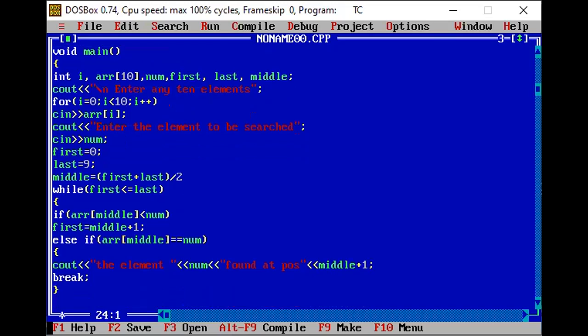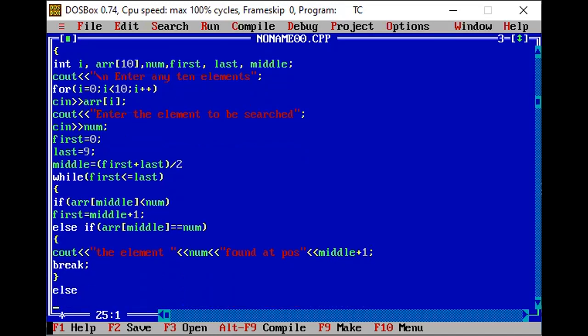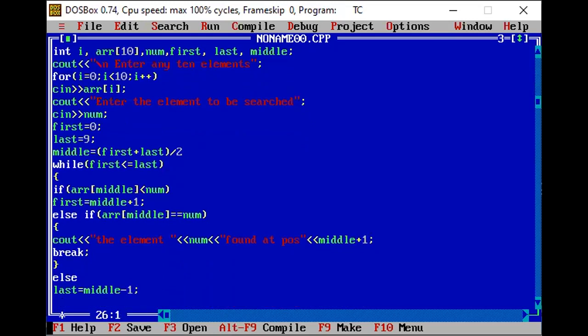Otherwise, else we will check if last equal to middle minus 1. Okay, so last equal to middle minus 1. So in that case, what will happen? What condition do we use?